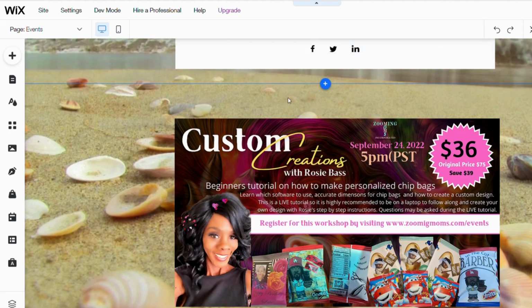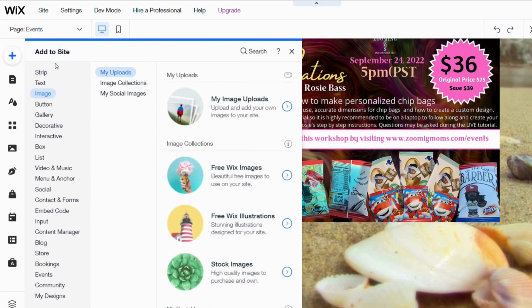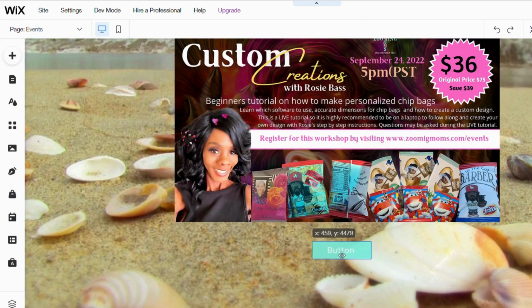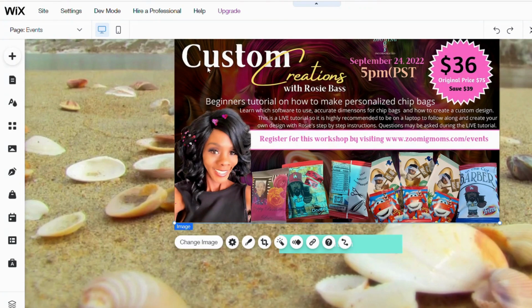So if somebody comes to the website and they see this flyer, they can purchase a spot with the workshop if they're interested by using the button. All they have to do is click on the button. So we click on add, then we go to button, and we want to pick a button. So for the sake of time, I'm just going to pick this button here, and then I am going to put the button right around here. Now that the button is in here,